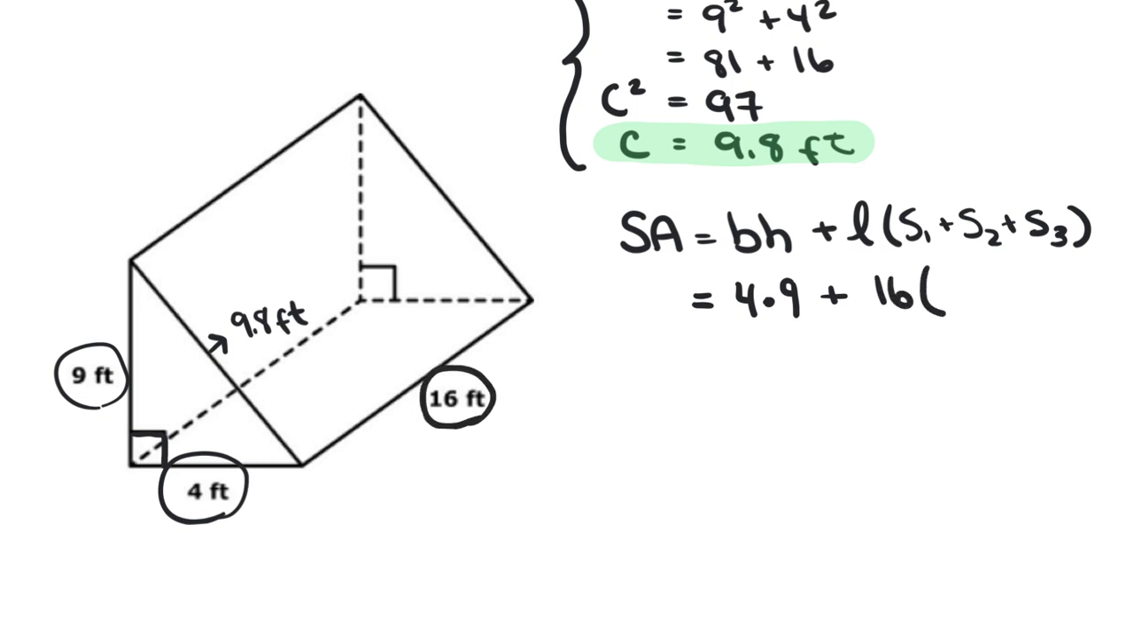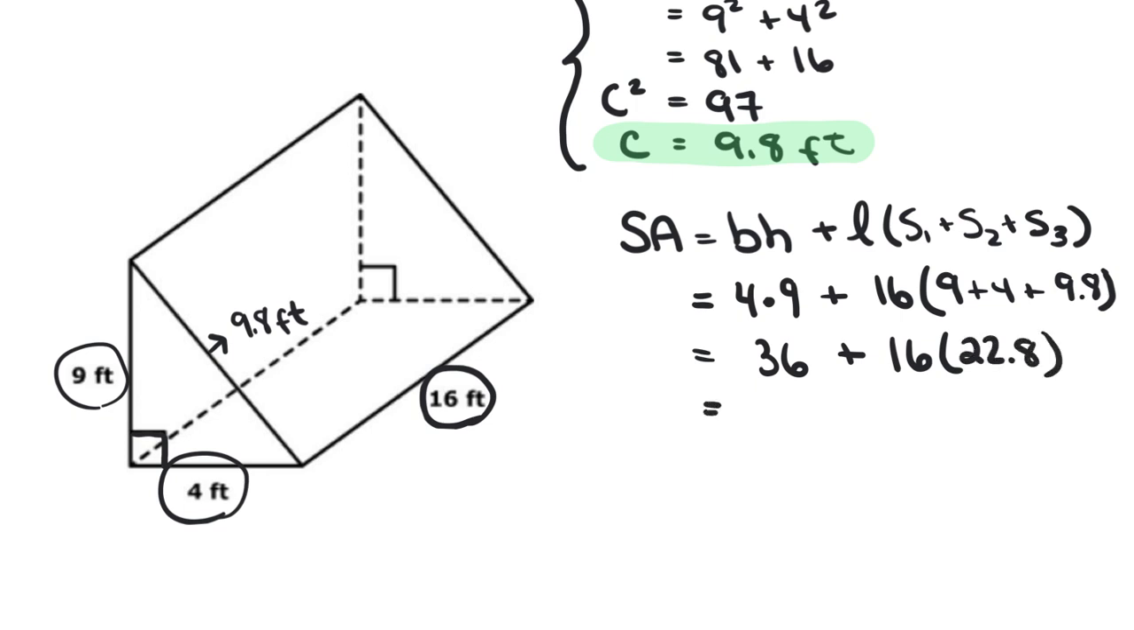And then let's add up the 3 sides of our triangle. 9 plus 4 plus 9.8, which will give us 22.8. Then we multiply that by 16. Let's just add those up first. And we'll just do that last multiplication here,